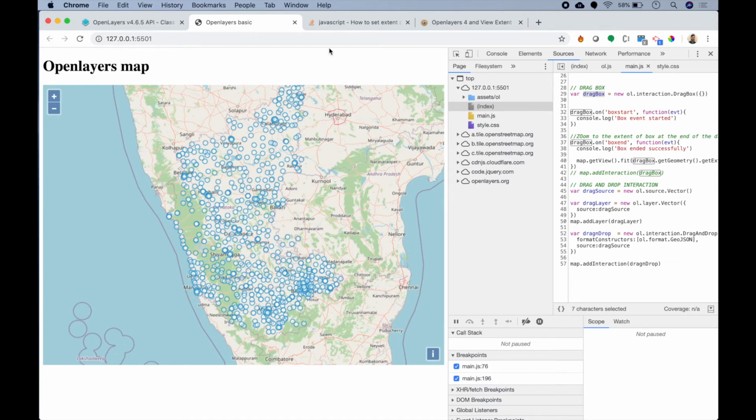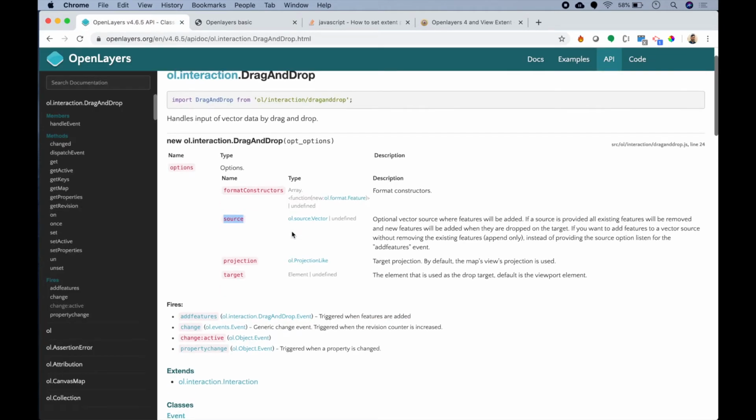And again, if you look into the documentation, there are some events such as addfeatures, change:active, propertychange, etc. And you can play with it. So for now, I think what we can do is console.log how many features have been added, right? Or maybe we can just print each feature, right? So how to do it?